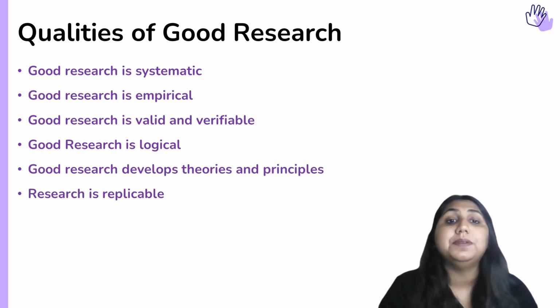However, that is not what happens in research. When there is a groundbreaking finding, people try to validate it by trying to replicate the research and see if they are able to yield a similar result. Okay, so one research may use or transmit the results obtained by another research. This is why procedures and results of the research are replicable as well as transmittable. Okay, so these are the qualities of good research, and you will see how objectives, criteria, and qualities kind of overlap with one another. Okay.